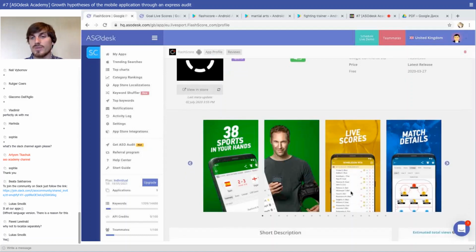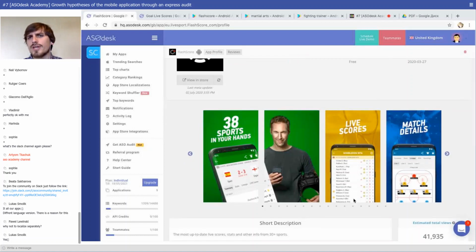And another thing I just wanted to add about these screenshots: all this data here is a mess of data. So perhaps I would show another screen of your app. I'm not sure if you were checking which sport is more popular among your users in your app. As I understand, football would be the most important, and here we have tennis. So perhaps tennis is not the most popular for your users, so you might replace it with another sport, and